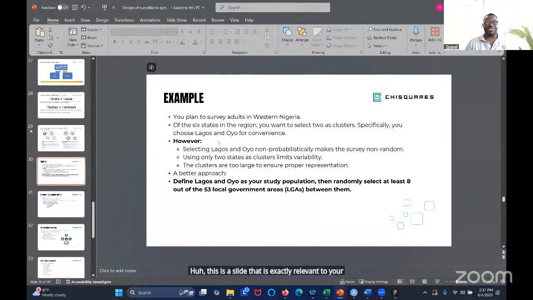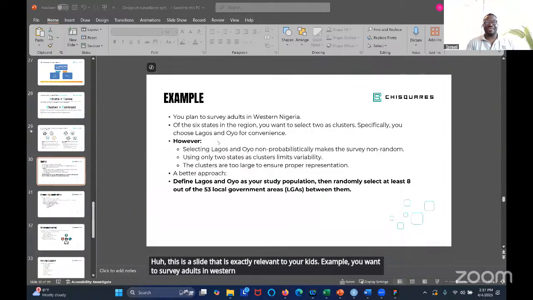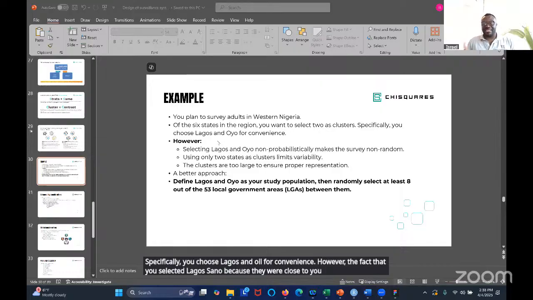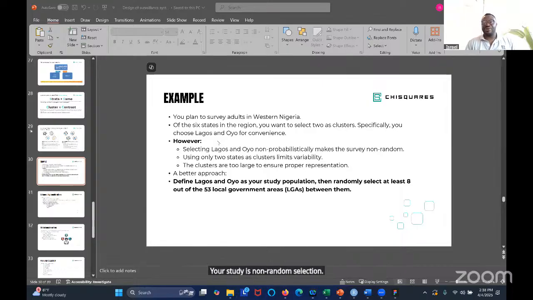Example, you want to survey adults in Western Nigeria. Of the 6 states in the region, you want to select 2 as clusters. Specifically, you choose Lagos and Oyo for convenience. However, the fact that you selected Lagos and Oyo because they were close to you automatically means that that is the non-probability sample. Your study is the non-random selection. So a better thing for you to have to do is to say, I am going to select, okay, let's go back to the PICO,